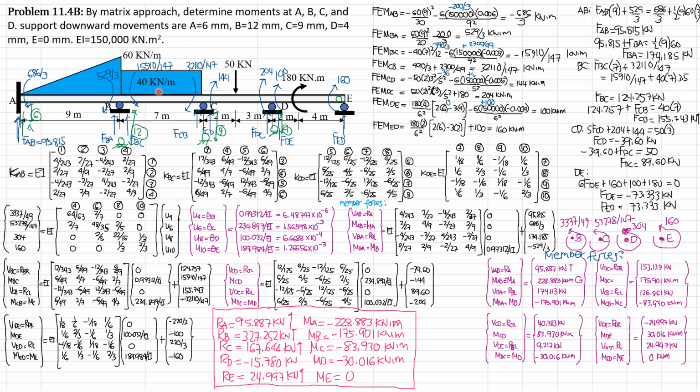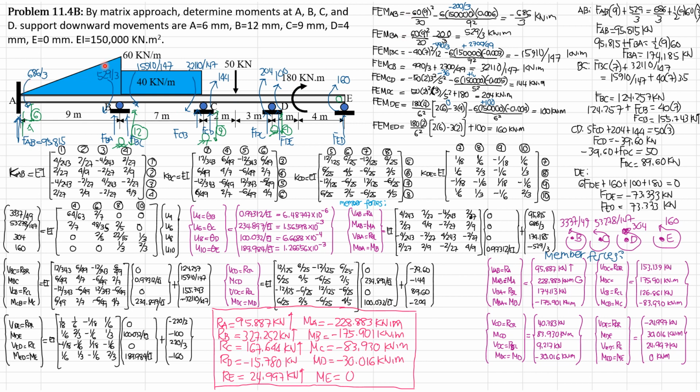Support downward movements: A 6 mm, B 12 mm, C 9 mm, D 4 mm, and E 0. EI is 150 kilonewton meter square. Since this is matrix approach, we compute the fixed moments due to the load and due to side sway moments or support settlements. And for the load,